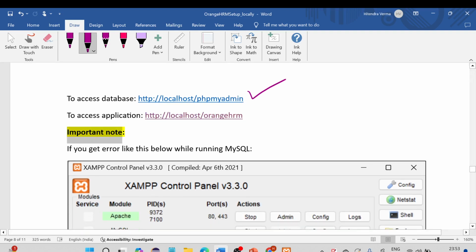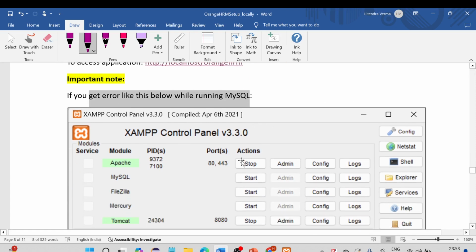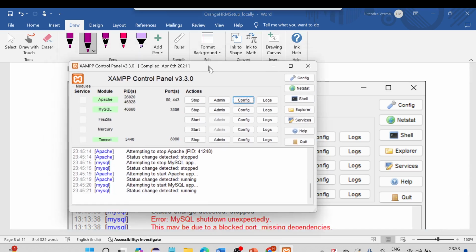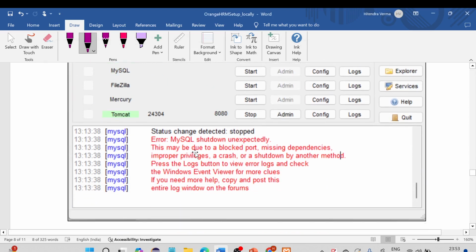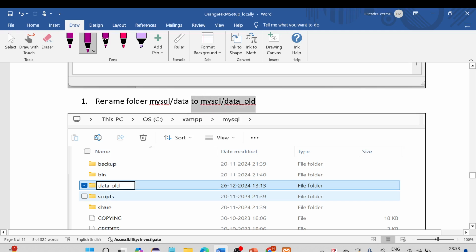Some important note, right? If you get an error like this below while running MySQL, a couple of times it happened to me. When you start your system, run the control panel, and start the services, sometimes MySQL is not working and shows an error like this. In that case, what you need to do is rename the data folder inside this location,